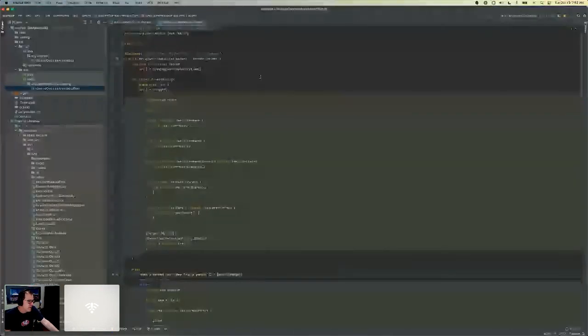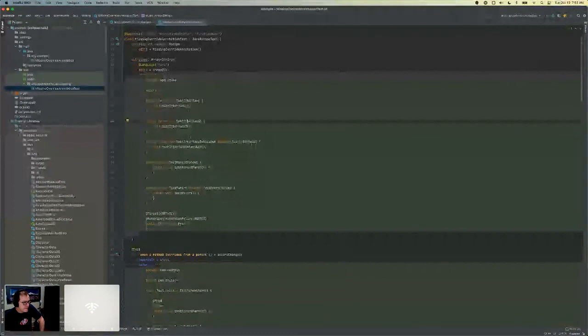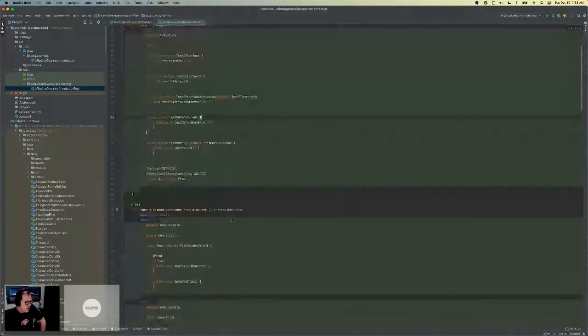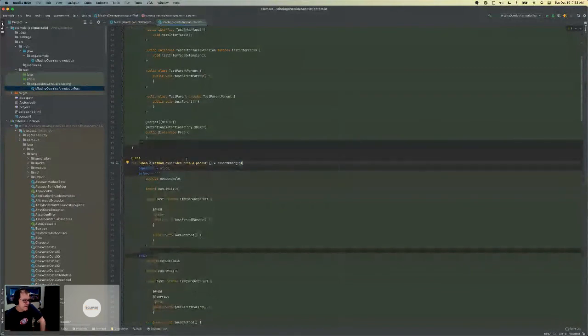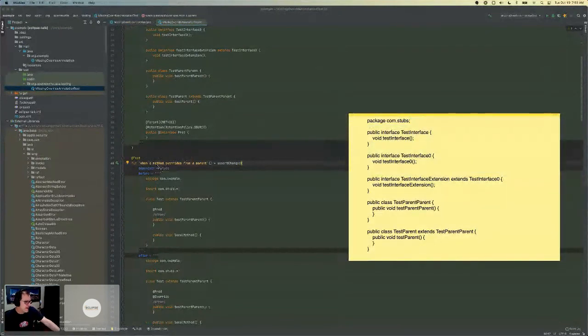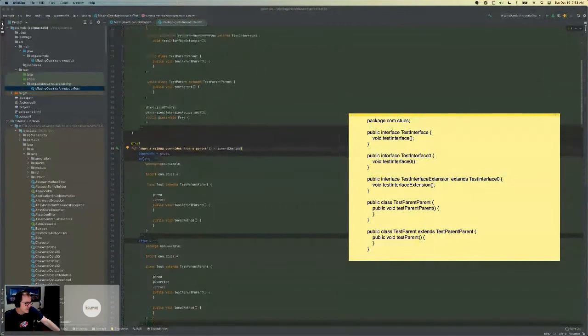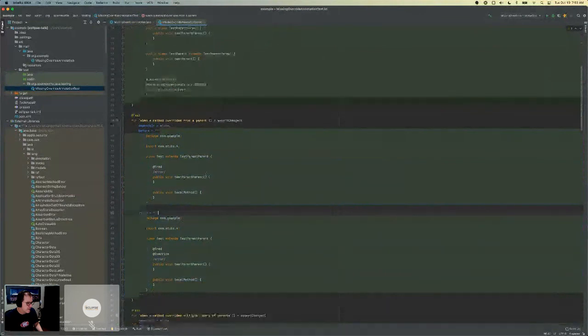So all I'm doing here is we're creating some stubs. You can see here, I've just created a couple of interfaces, and then this interface extends this interface, that sort of thing. And then I have a couple of parents. And then all I have here is a couple of test methods. So let me just pull this over so it's a little easier to look at. So in this case, we're basically saying, given this source code here, we expect this source code afterwards. So we are expecting, what do we have in error? Okay.